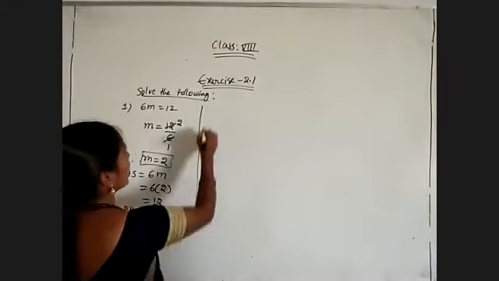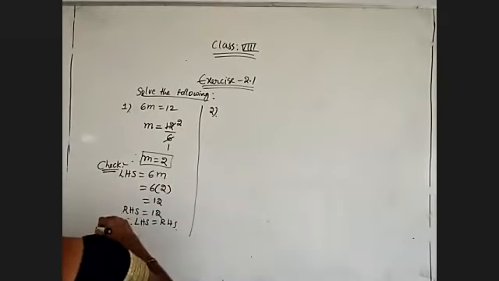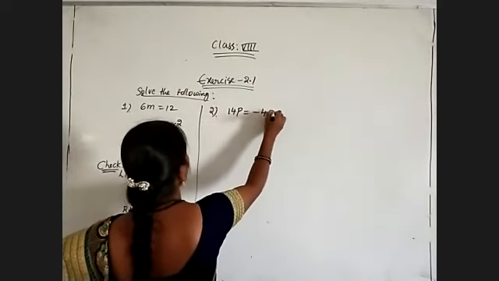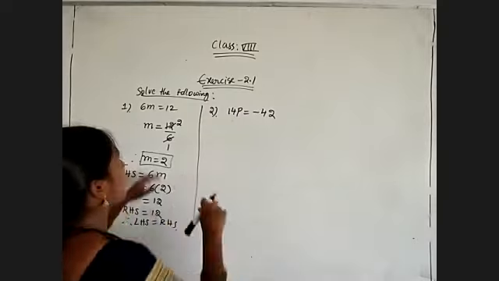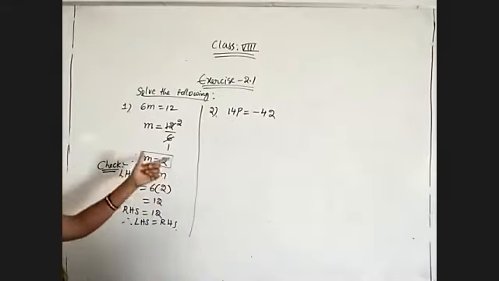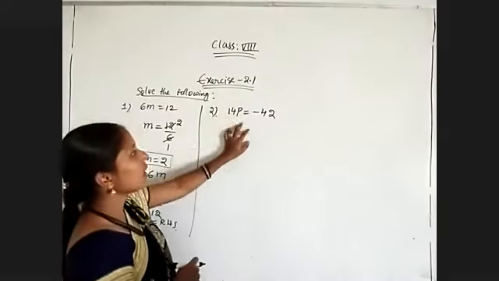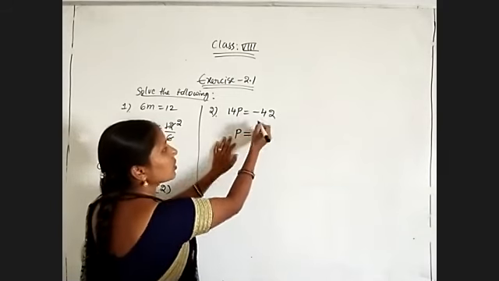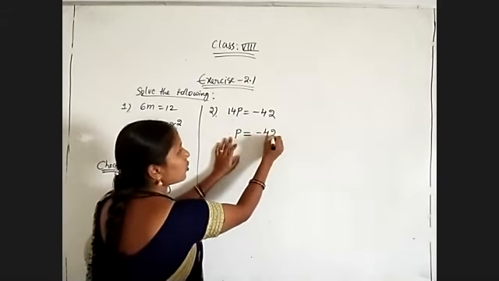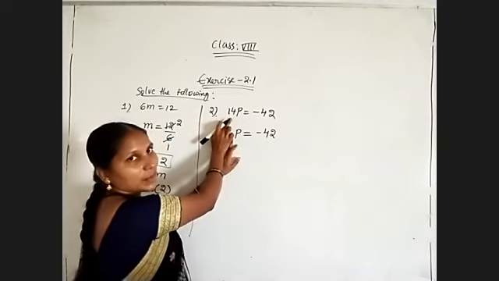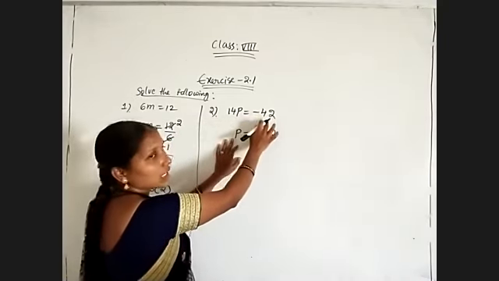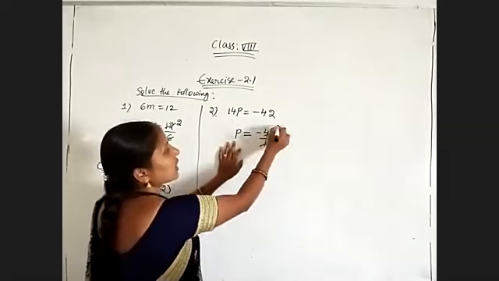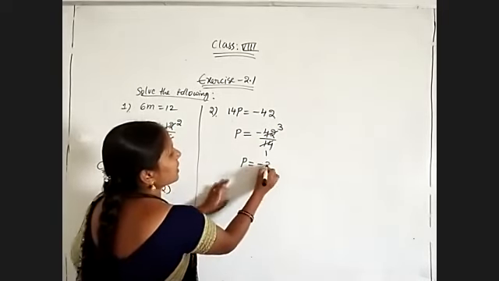And coming to the next, second equation, 14p is equal to minus 42. Same here also, again this type of question, again multiplication only. So very simple. What is the variable in this question? P. So how do we have to simplify? P is equal to the RHS, minus 42. Because here 14 is multiplication, while we are transferring it to this side, it will become division. 14 ones are 14, 14 threes are 42. So P is equal to minus 3.